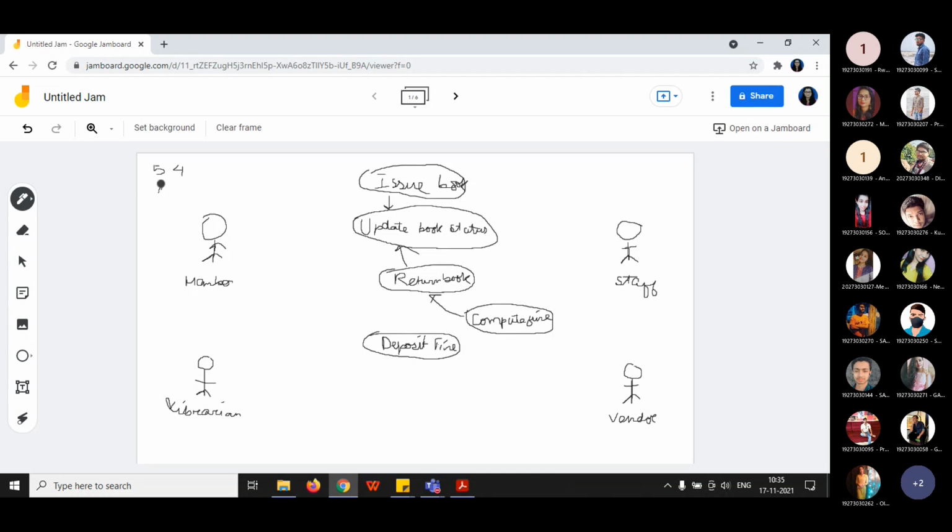So here the fine has been imposed for one book. After computing the fine, he will return the book and the status will be updated from 4 to 5. In this way it is working. From issuing the book it is getting updated, from returning the book it is getting updated, and also after computing the fine it is getting updated.